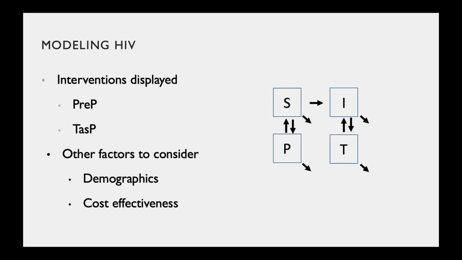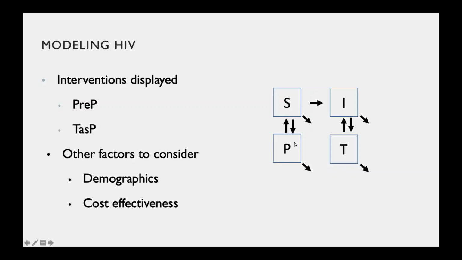And so similar when it comes to PrEP, as we know, people who are adherent to PrEP have a different chance of getting HIV than people who are not on PrEP. So you have to take that into consideration in the model. And so here we have this box of the P here, and people who are susceptible, if they start taking PrEP, are now going to be in this lower compartment, and depending on how you want to think about it, you can either